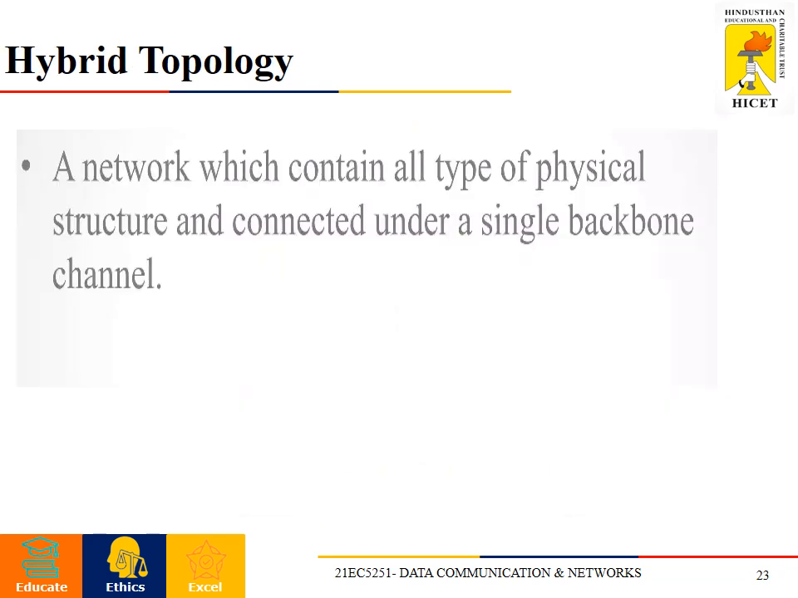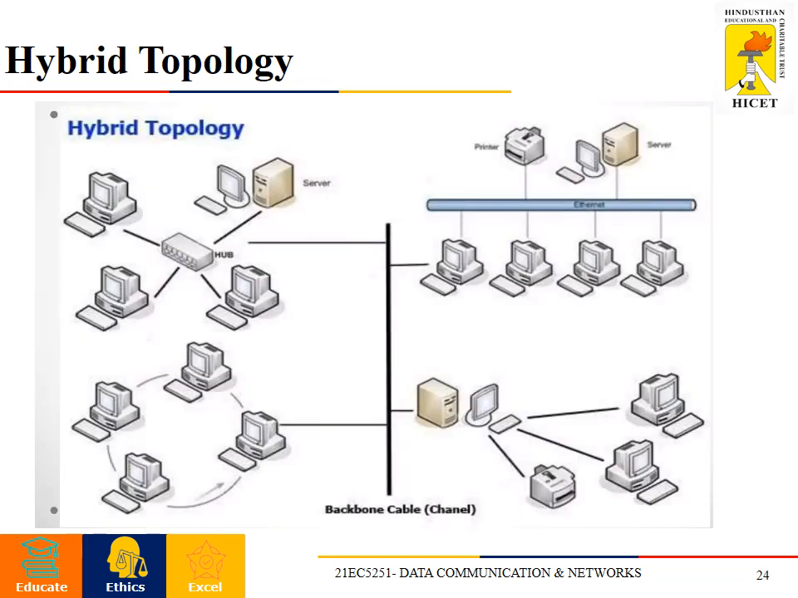The next is about a hybrid topology. A network which contains all types of physical structures and is connected under a single backbone channel. This is the diagrammatic representation of hybrid topology. The black straight line is the backbone cable or channel, in which different types of topologies are connected. For example, here we are using star, ring, bus, and mesh topology. So this is the